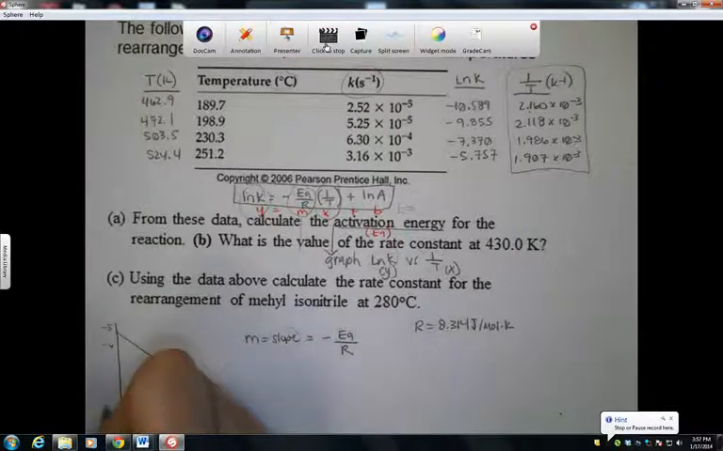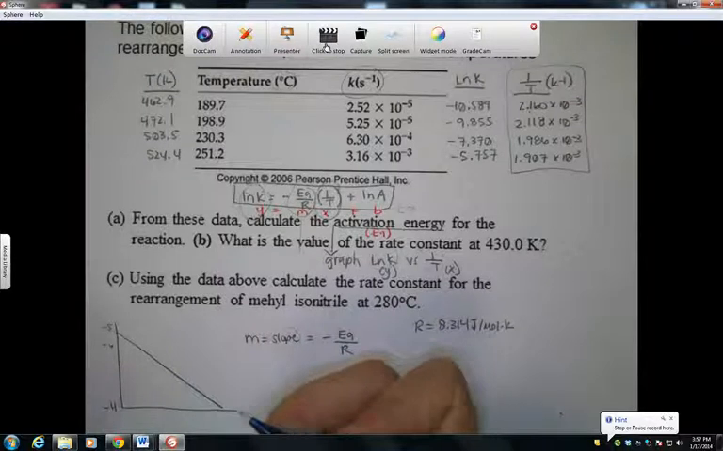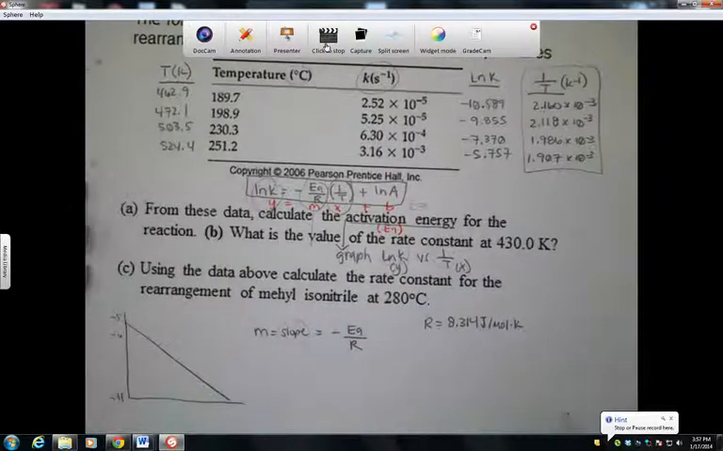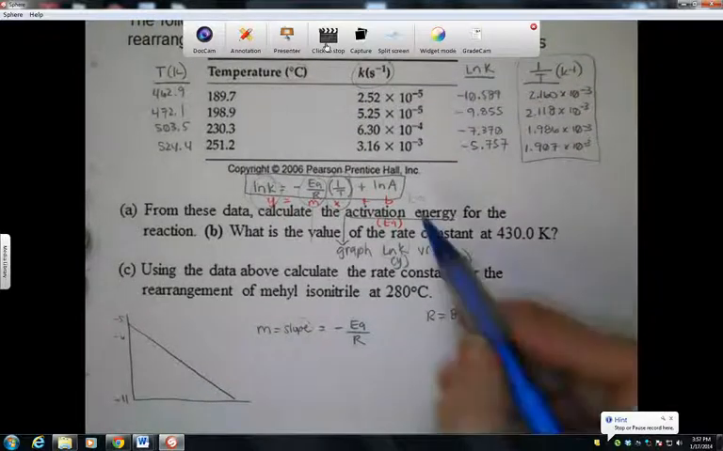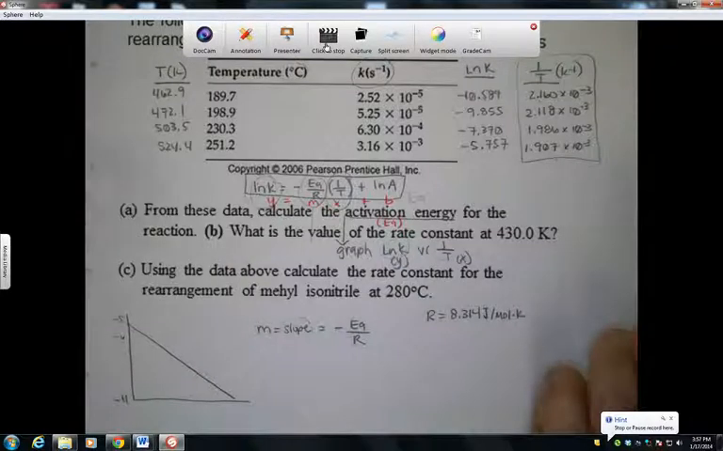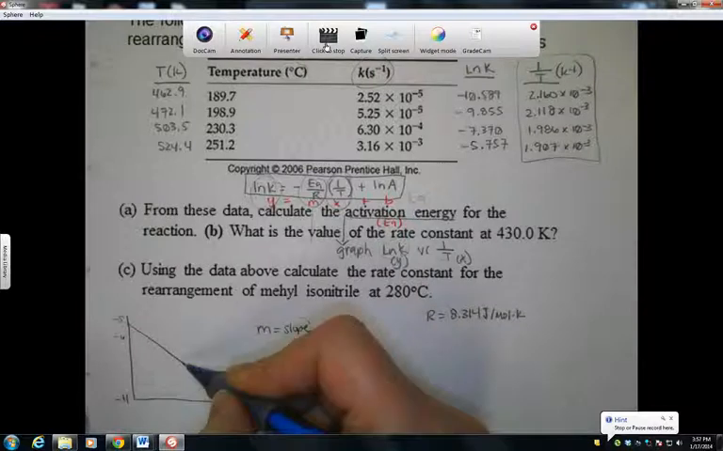And then this would be -11-ish. Okay, so you're going to get a downward sloping graph. And hopefully you realize you're going to get a downward sloping graph because your slope is going to be negative, which means that you're going to get a downward sloping graph. Excellent. Now, to get your slope, you can do a linear regression in your calculator,